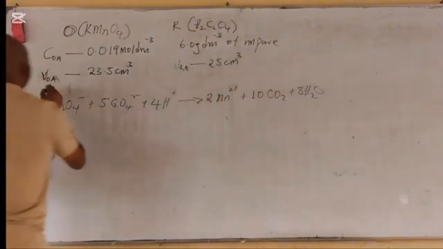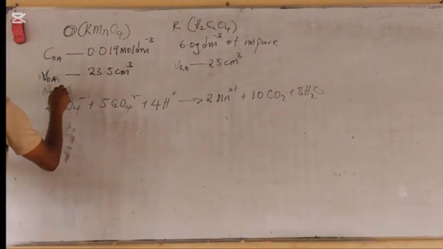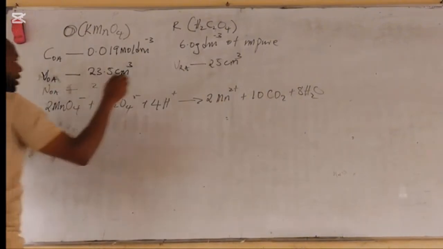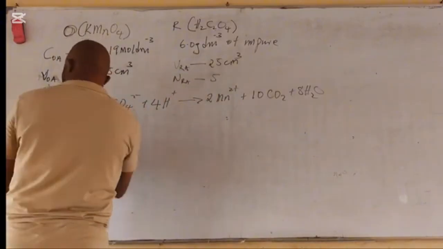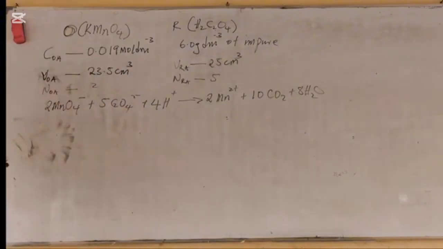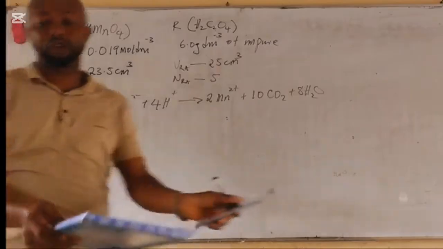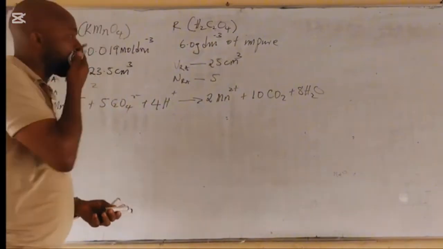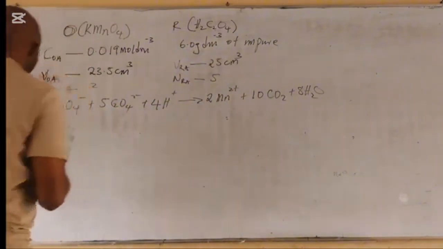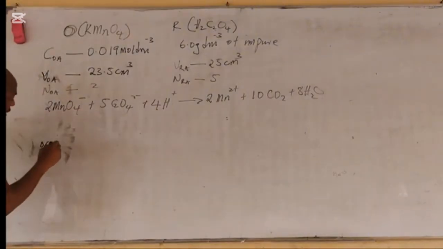So from here, we have the number of moles of oxidizing agent to be 2, and the number of moles of reducing agent to be 5. So I think that is all. Given 0.019, 6 g of impure, 25 of ethanedioic acid, calculate the percentage impurity of ethanedioic acid. So straight up, let's go to percentage impurity. Remember, I said the formula for the percentage impurity